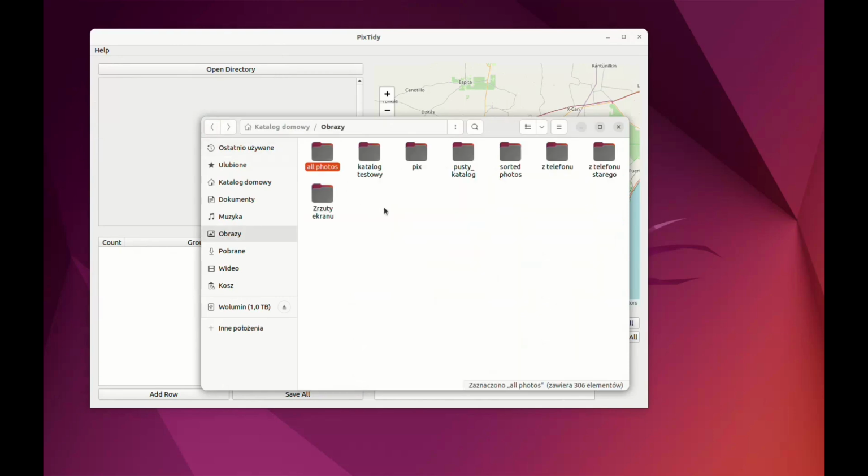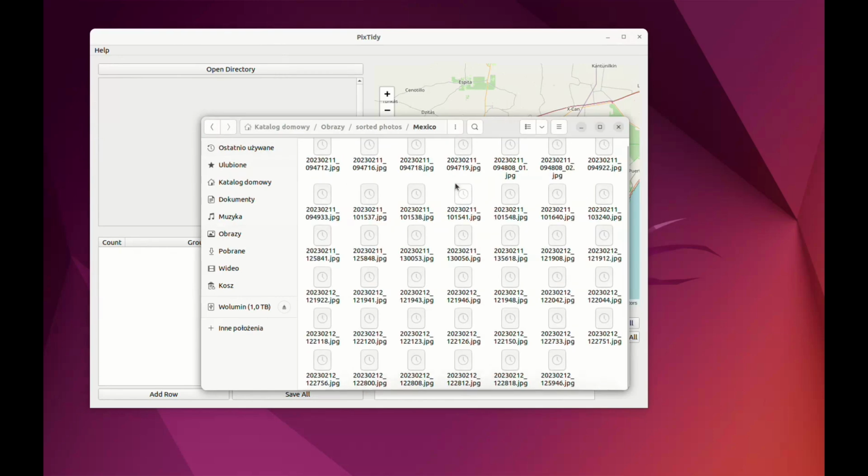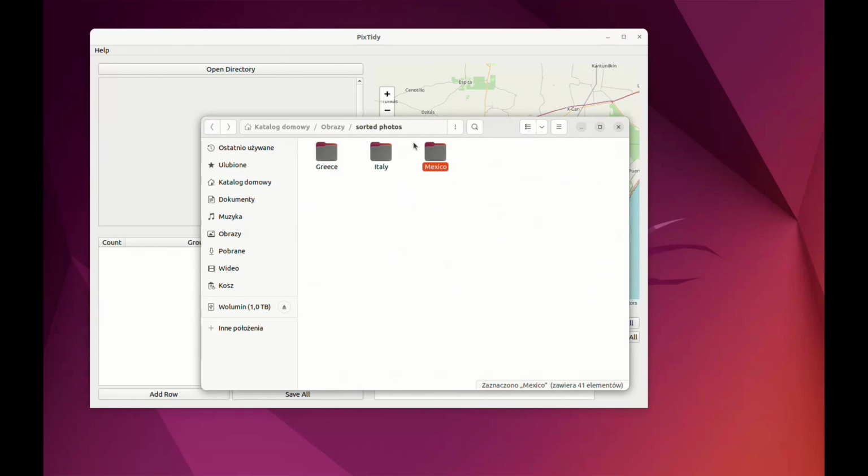The program uses metadata and works only with photos taken on GPS-enabled devices, such as mobile phones, action cameras, or